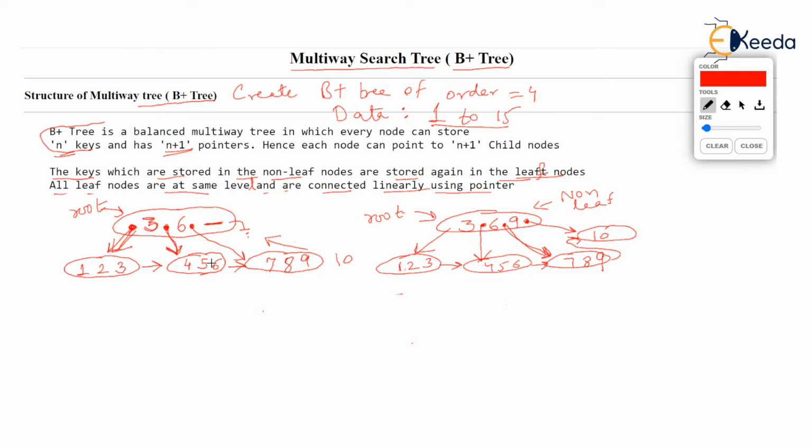Is because after adding 10, 11, 12, 13, when the leaf will get split, median will propagate up, but root can't accommodate that node. So root will be split. Okay? So let's continue. Let's add new keys. 10 is already there. So we'll add 11, 12. But see, 13 can't go, isn't it? 13 can't go. So 12 is the median, and 12 will be propagated up.